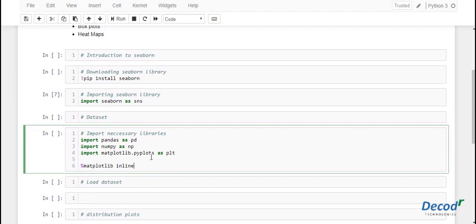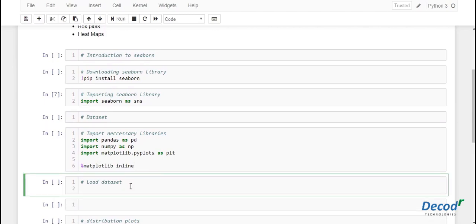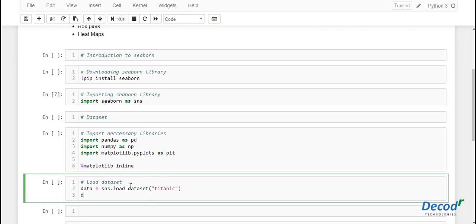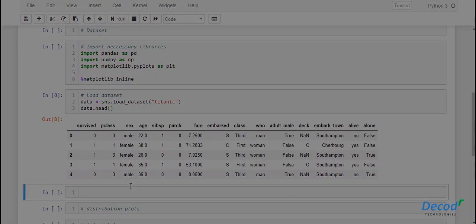Now let's see how to load the dataset from the Seaborn library. So we'll be using the load_dataset function. Let's define a variable called data. Now sns is the Seaborn library with the function load_dataset, and we'll be passing the name of the dataset, that is titanic. And now let's print the top 5 rows of the dataset. So it's just head. By default, head will return the top 5 rows of the dataset. So if you execute this,